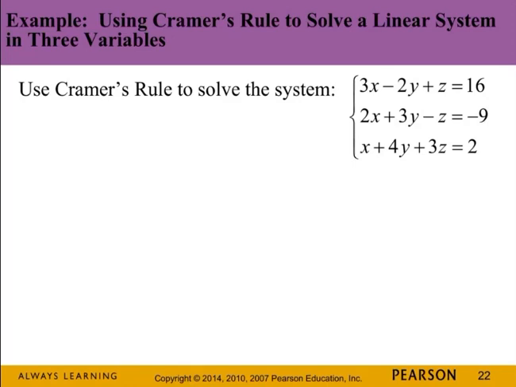Okay. So first, let's find the denominator, right? For all the solutions. So that's going to be our D, which is just going to be the determinant of the 3 by 3 coefficient matrix, right? So we take our 3, it's going to be a -2, 1, 2,